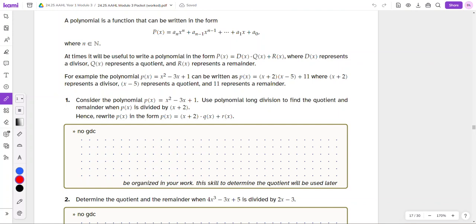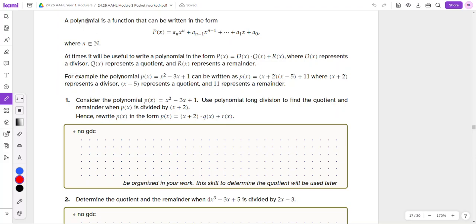In this video we're going to look at polynomial long division to find quotients and remainders when a polynomial is divided by another polynomial. In these examples we're going to have a quadratic divided by a linear and a cubic polynomial divided by a